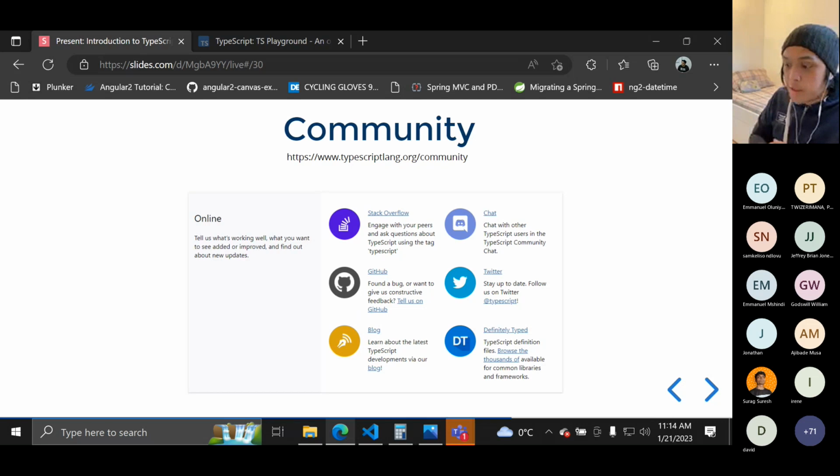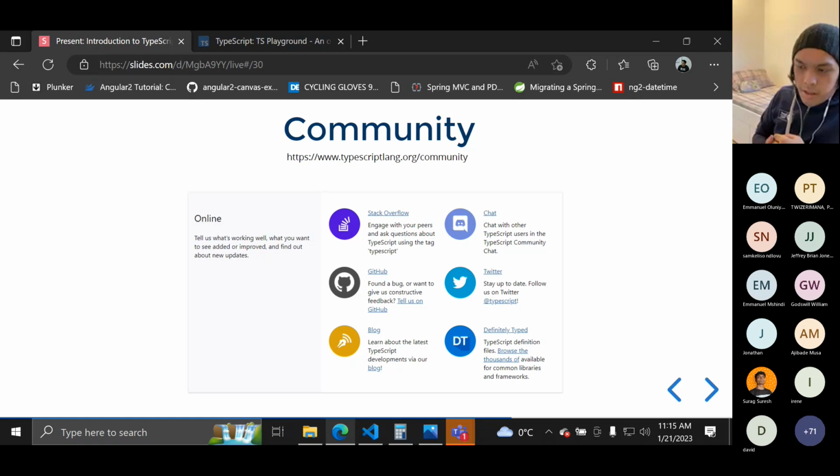I forgot to mention TypeScript is open source, so you will have access to their code on how they do it. They also have their Discord chat, and they have Twitter for you to be updated on their features. And they also have DefinitelyTyped, which is the TypeScript definition files. So these are the libraries.